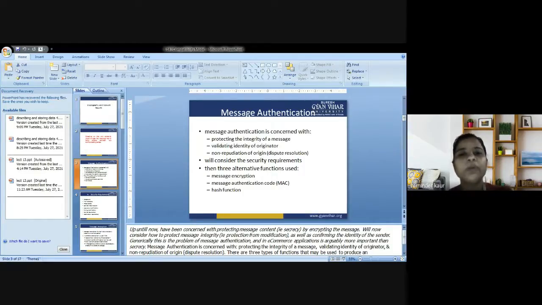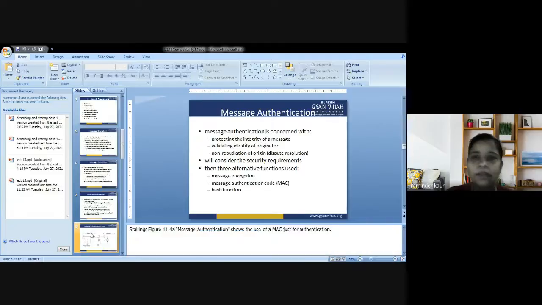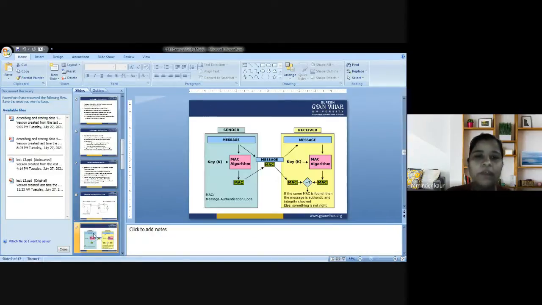To establish a MAC process, the sender and receiver share a symmetric key K, where the same key is used for encryption and the same key is used for decryption. What is the procedure behind the same? We will be discussing it in the upcoming slide. Essentially, a MAC is an encrypted checksum generated on the underlying message that is sent along with the message to ensure message authentication. I will depict the process of message authentication in the upcoming slide, and explain the concept when I finish with the 7th slide.